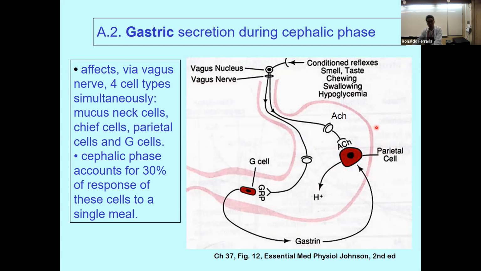I did not depict mucous cells. But this same pathway is also regulating those cell types. What about G cells? Well, the same is happening. So you have acetylcholine released on interneurons. And then the interneurons that are innervating G cells in all mammals use gastrin-releasing peptide, not ACH. Okay, so this is GRP that is released on the basolateral membrane of G cells by specialized neurons bringing signals from the interneuron